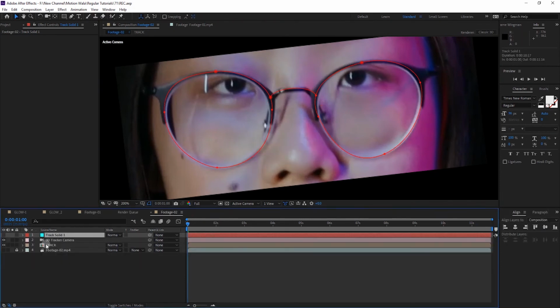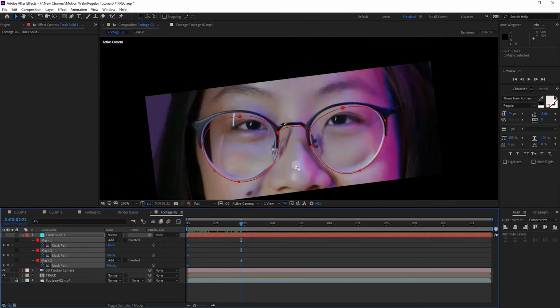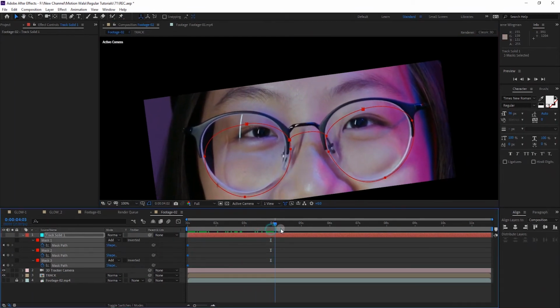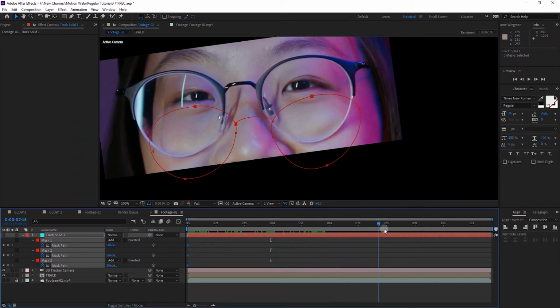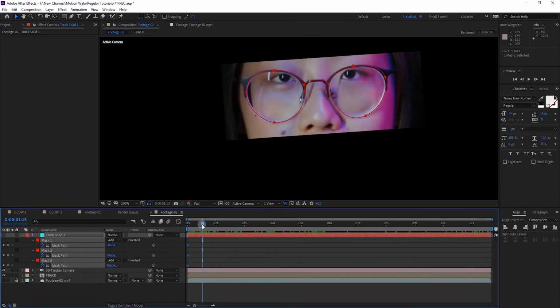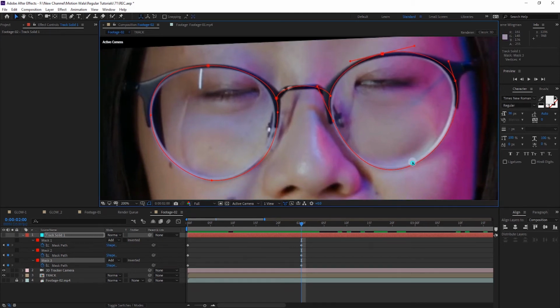Here you can see I traced it, and I will press M to see all mask paths and add a keyframe on every one. But you can see when the video is playing, the mask is not tracing it perfectly, and it's doing very bad things. That's why we need to manually add keyframes on this. So you can go to around one second forward in time and adjust it, not trace it again, it just needs some little tweaks to the mask.